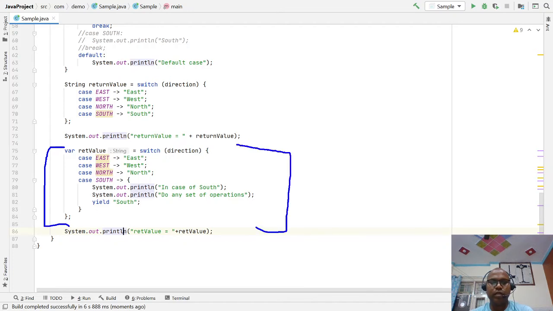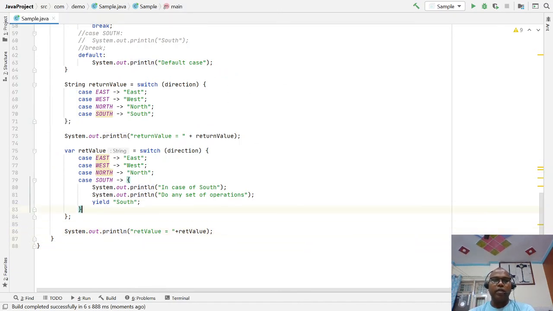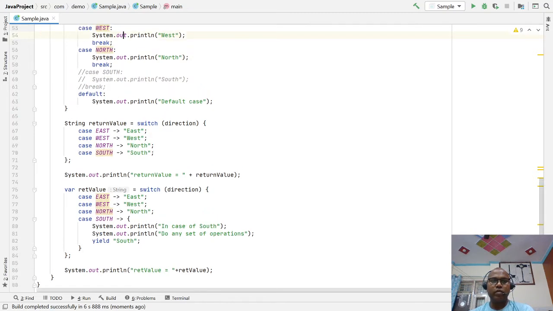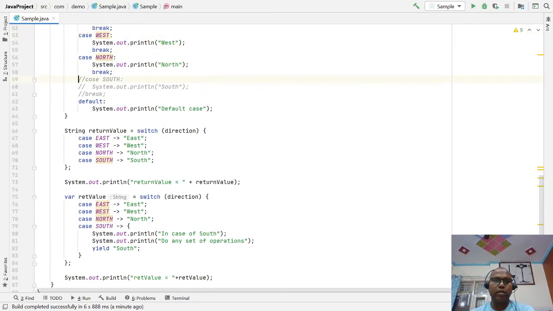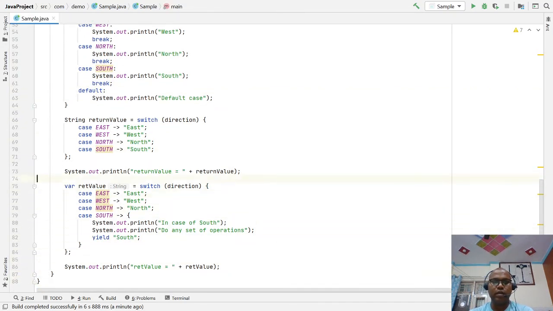A switch expression helps us to write very concise code, and at compile time your compiler ensures that you have covered all the possible enum values. So there are lots of use cases of enum, and you can do your own research, but this is the concise